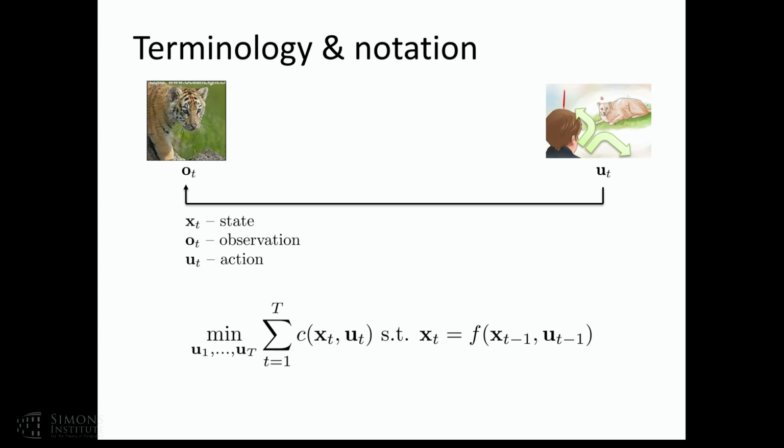And I need to add an additional constraint to this minimization, because these actions actually affect my state. So the constraint is that the next state is some function of the previous state and action. So this is the formulation of a classic optimal control problem with a cost function C. That's the new thing I'm going to introduce, so that I can talk about whether actions are good or bad independently of whether I have any data from a human demonstrator.